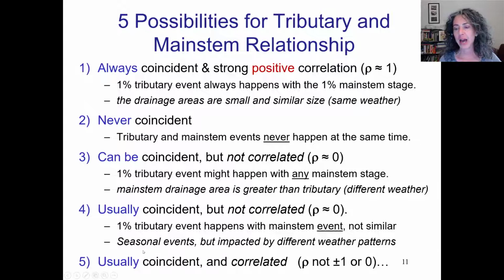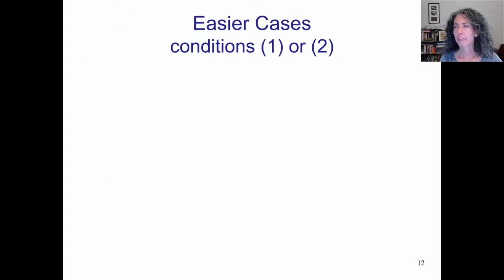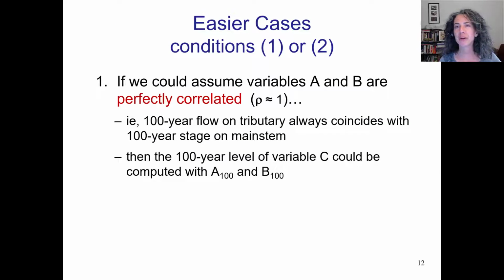And finally, we have usually coincident, but correlated, right? The correlation isn't either perfect or 0, right? That's our hardest case. Right, so conditions 1 and 2 are much easier situations, right? If we could assume variables A and B are perfectly correlated, then we're seeing the 100-year flow on the tributary always coinciding with the 100-year stage on the mainstem. Then we're just going to compute a 100-year level for variable C using the 100-year levels of variable A and